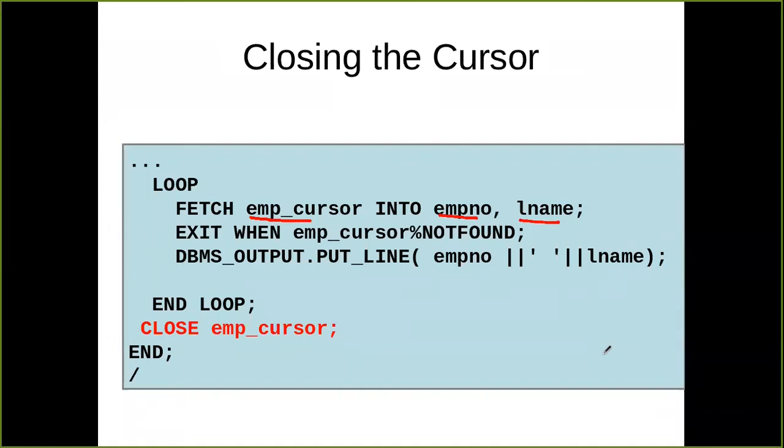So I was talking about this particular scenario where we have fetched the data from the cursor and put it into two variables. This is convenient if we have a small number of variables, but if we have 10 or 20 or 30 columns in a particular row, then this way of fetching the data is not convenient because you have to mention all the variable names in this statement. So it will be better if you can fetch the data into some data structure, like an array, that represents one full row.